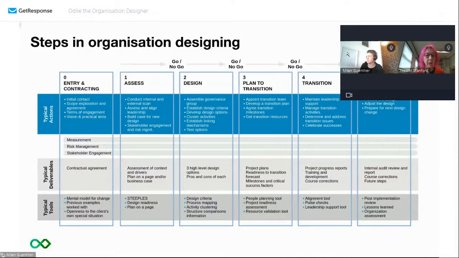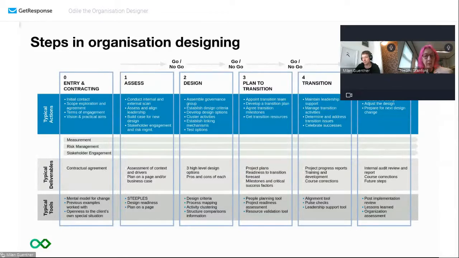What's important to note is that there are phases, and you do generally have to deliver every phase, regardless of the project, but not necessarily, as I say, in exactly this order. Some projects I've started with the design before I've ever done any assessment or essentially any entry and contracting. If you look to the middle of it, you'll see that there are things you have to do straight away. Start to think about how you're going to measure success of your outcomes and of the way you're delivering the piece of work. Think about the risks and think about your stakeholder engagement.